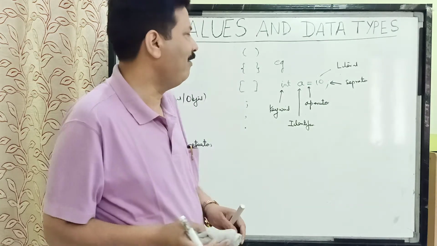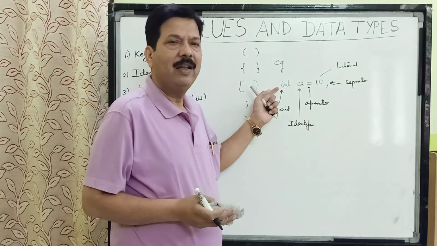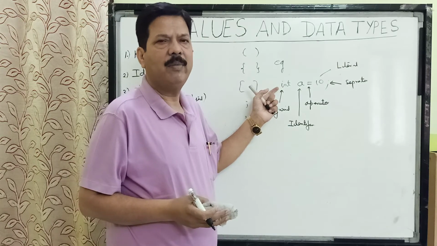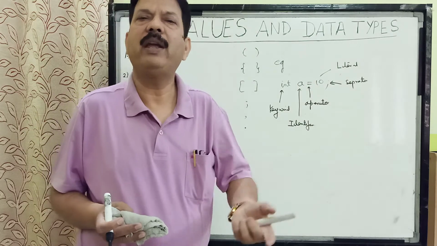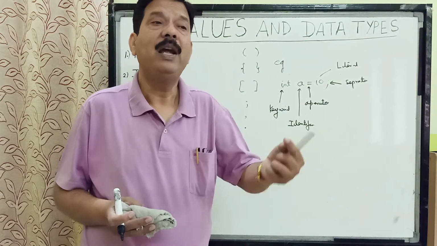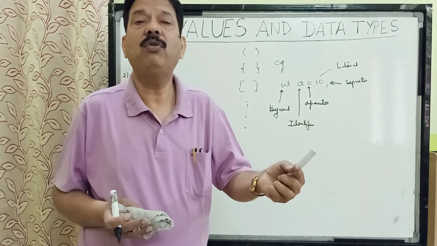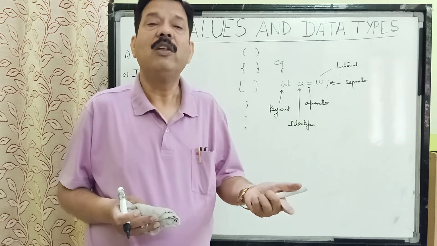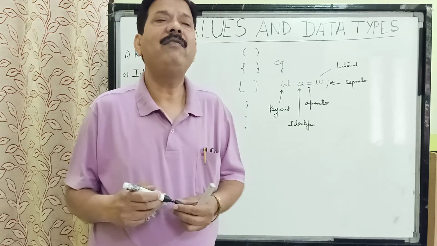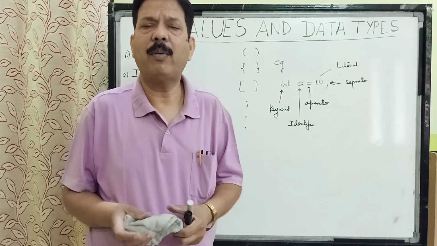So what is a program? We say a program is a set of instructions given to the computer in a computer language in a particular order to carry out a task. So what is a Java program? It is a set of instructions given to the computer in the Java language to carry out a task. We'll be writing programs, so we must know what a program is.